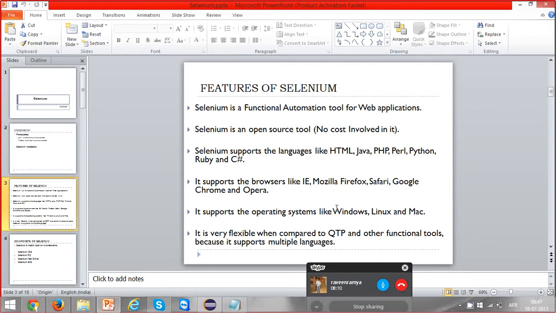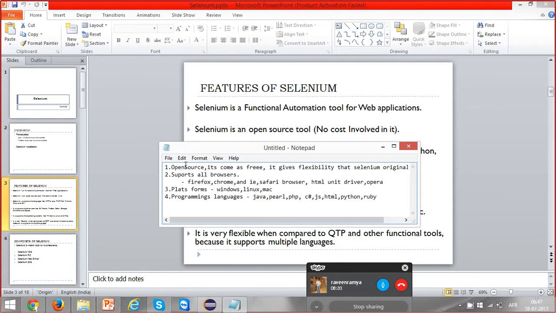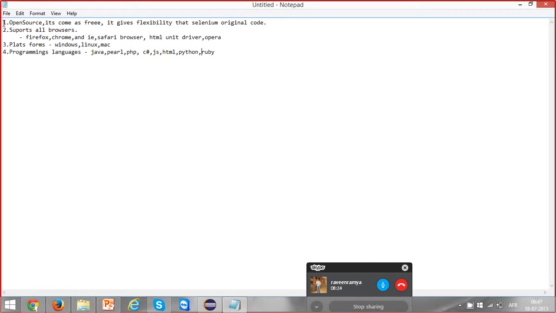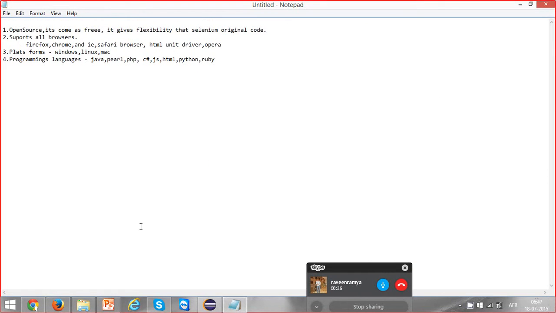So we covered this one: Windows, Linux, and Macs. And other than that, these are the major features of Selenium. Another thing, if I say, is Selenium